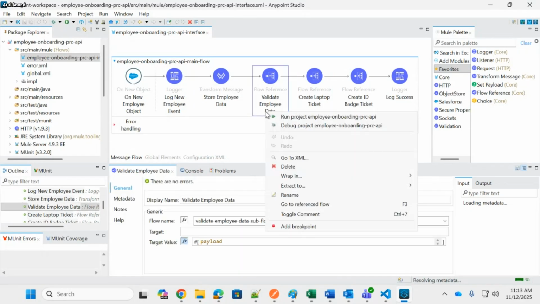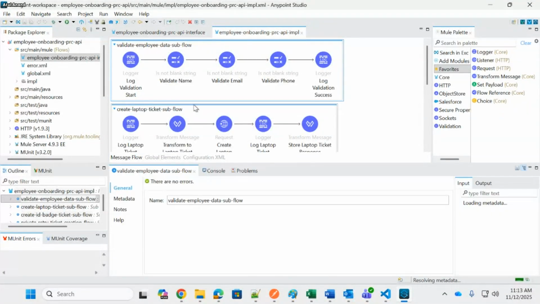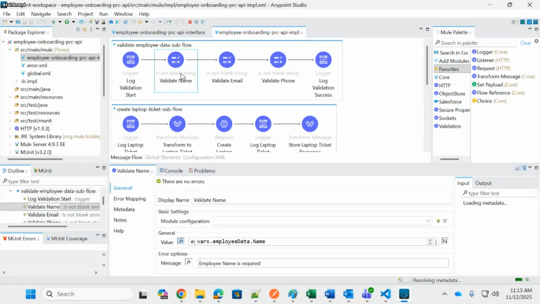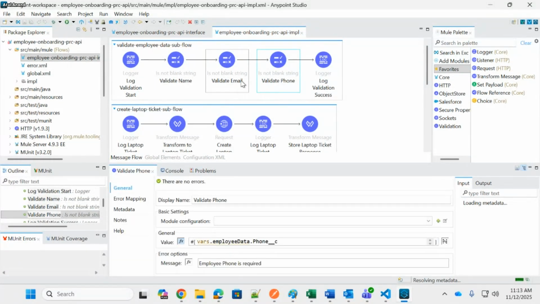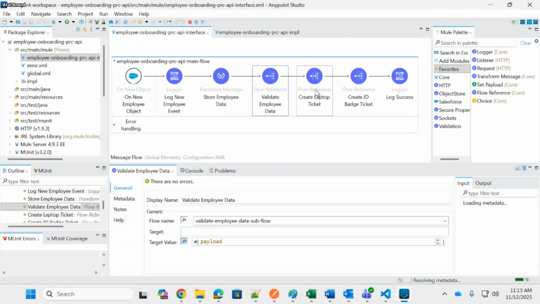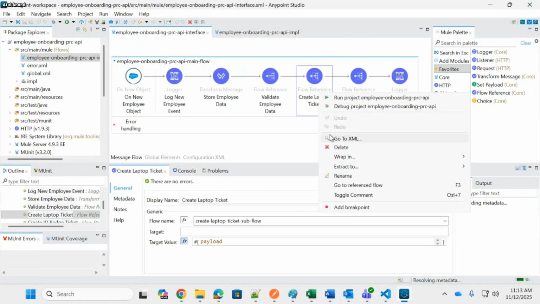It's also smart enough to understand their fields and add different kinds of validation in terms of the name, email, phone. So adding the regex expression and everything. So it creates all those flows, the validation, and then the laptop ticket, which I wanted to show to you,